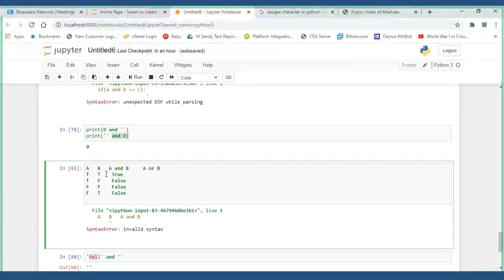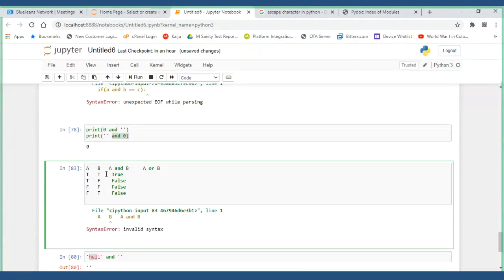What you are comparing is, in any one of those two, A and B, if some value is there other than 0 or empty string, then whatever value existed on the left side, you give me that. But the result I'm just telling is whether statements are valid or not.